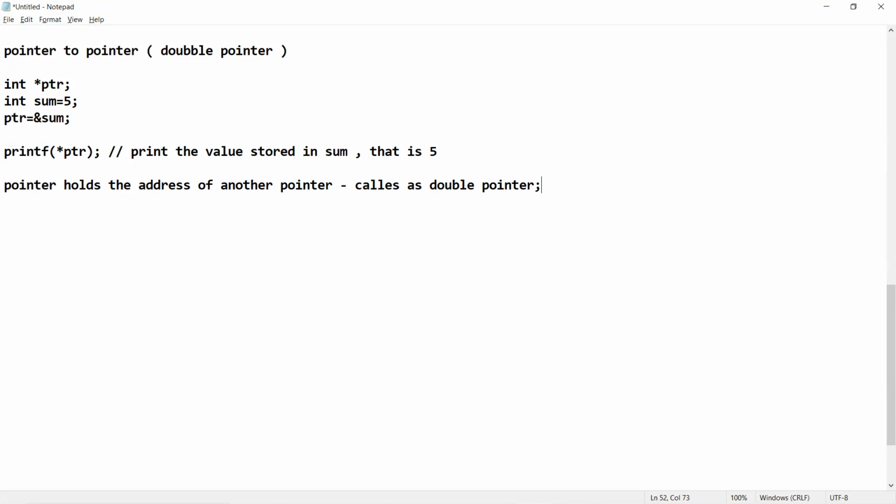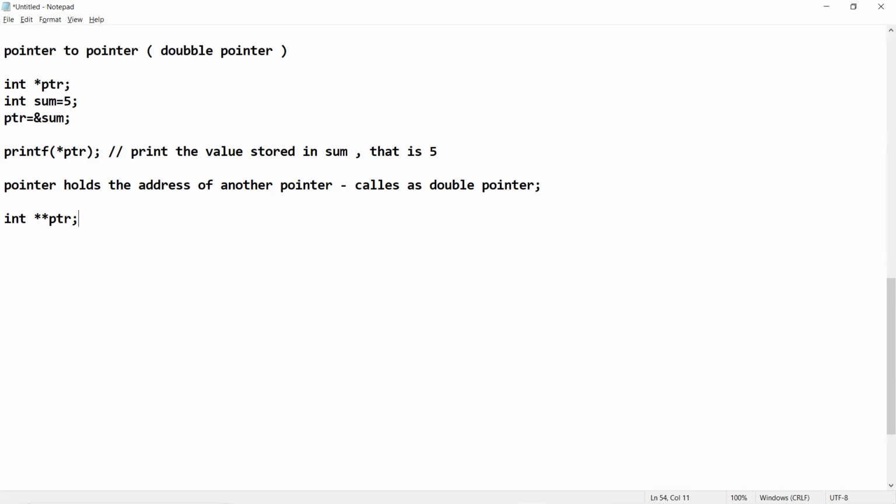See how to declare them in a C program. If you declare int **ptr, it means ptr is a double pointer.